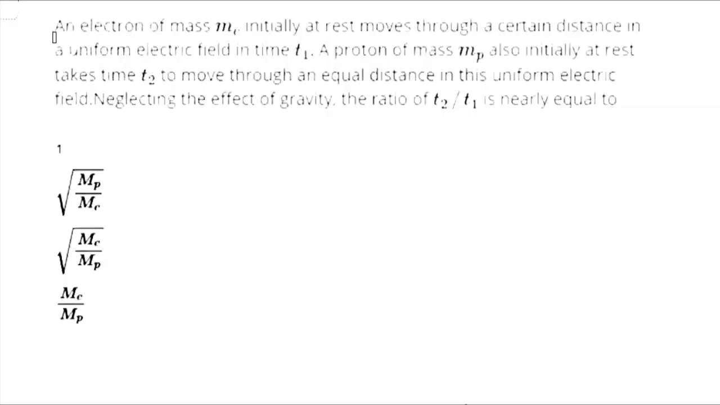Hello students, our question is: an electron of mass me initially at rest moves through a certain distance in a uniform electric field in time t1. A proton of mass mp also initially at rest takes time t2 to move through an equal distance in this uniform electric field. Neglecting the effect of gravity, the ratio of t2 by t1 is nearly equal to. The solution for this is